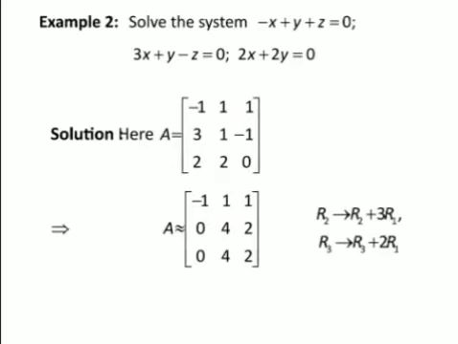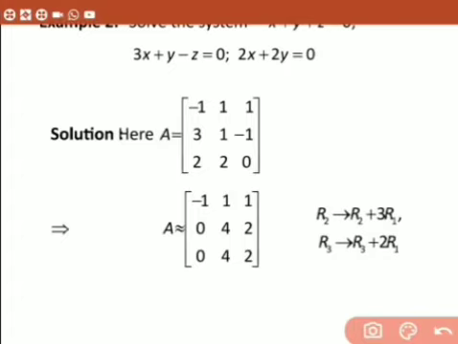So again we want to find the rank of this matrix. For that you have to convert this matrix A into echelon form. So for that what we have here? We have to make this element 0 and this element 0. So for this we will see here first element in the first row is minus 1. To make these two elements 0 you have to use row operations here. R2 changes to R2 plus 3 times of R1, because here we have minus 1. No need to subtract this one. That is here R2 plus 3R1, and R3 changes to R3 plus 2 times of R1.